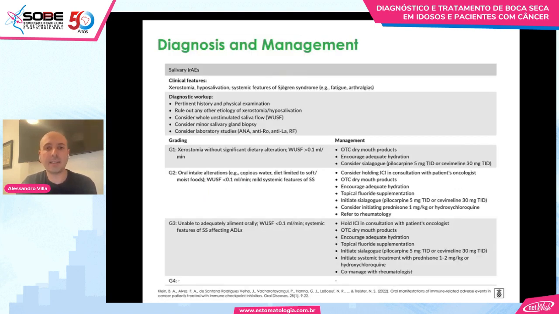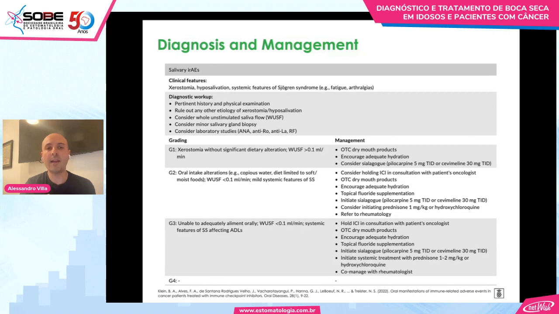Brittany Klein at the Brigham in Boston also published this nice paper last year on the diagnosis and management of salivary immune-related adverse events from immune checkpoint inhibitors. Patients on immunotherapy may develop hyposalivation and xerostomia that is very similar to what we see with Sjogren disease. It's very important, in the diagnostic workup of this patient, to understand what is the cause of the dryness to provide the best treatment. Some of these patients may benefit from lab work similar to what's been done for Sjogren disease patients,